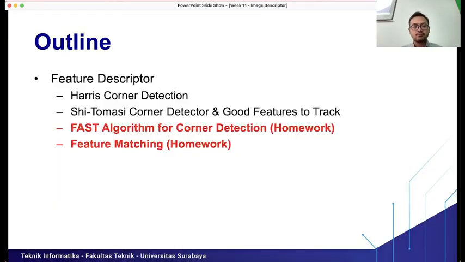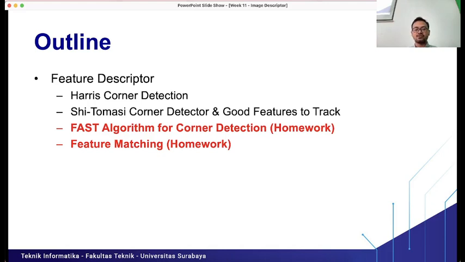So for the outline, we have 4 different feature descriptor algorithms. The first is Harris corner detection, and then you also have the Shi-Tomasi corner detector, the FAST algorithm for corner detection, and feature matching.